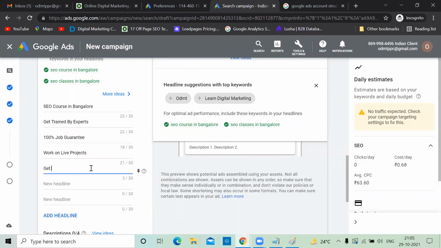Sir, if I want to mention SEO again? You can mention it, no problem. It's ad copy, no problem. Your doubt is clear? Yes, sir.